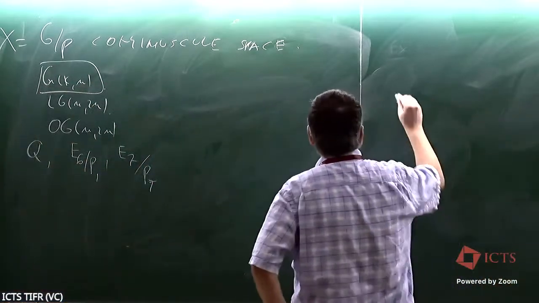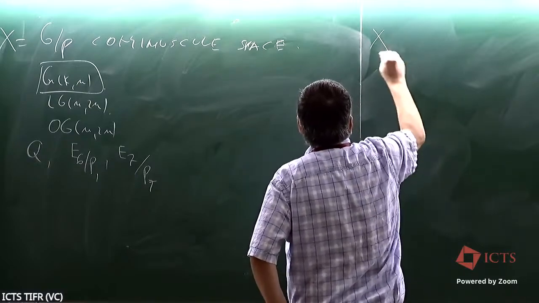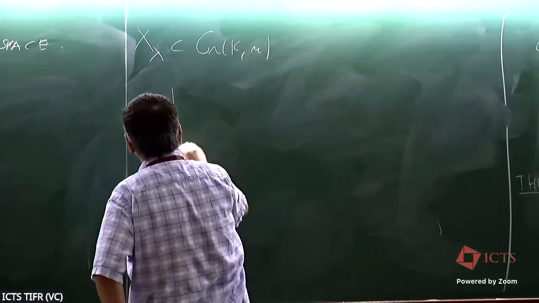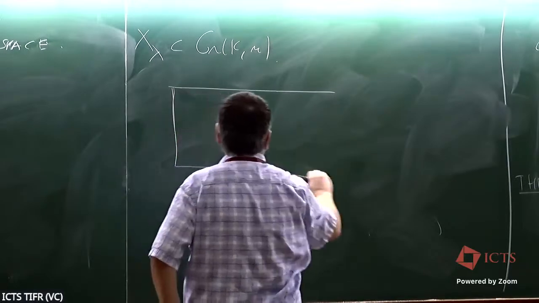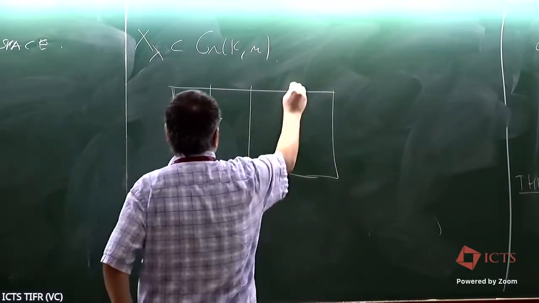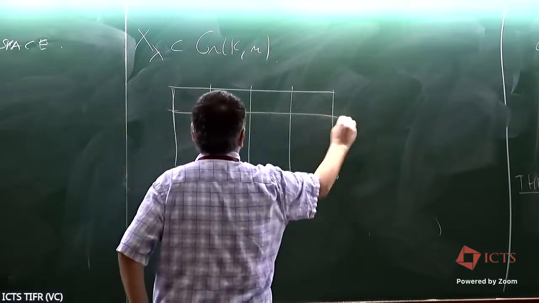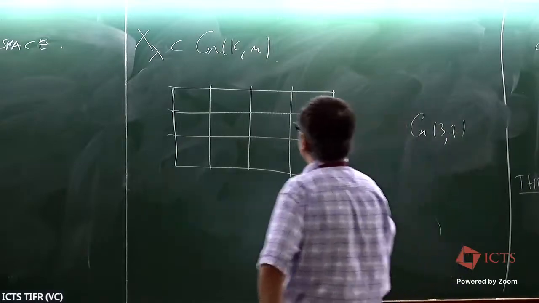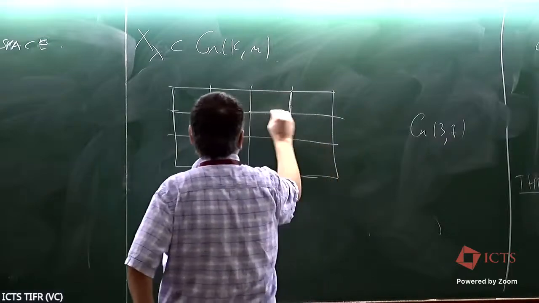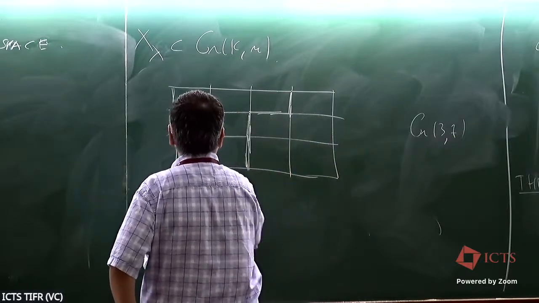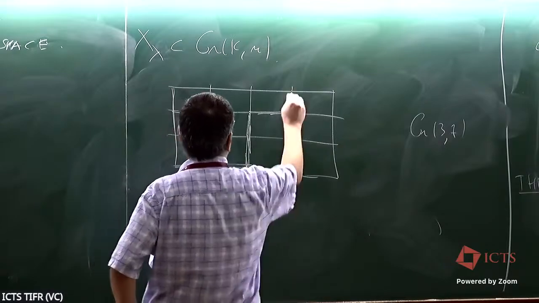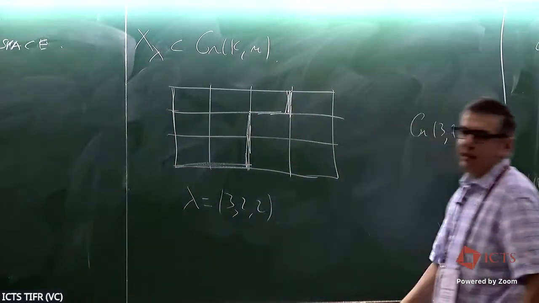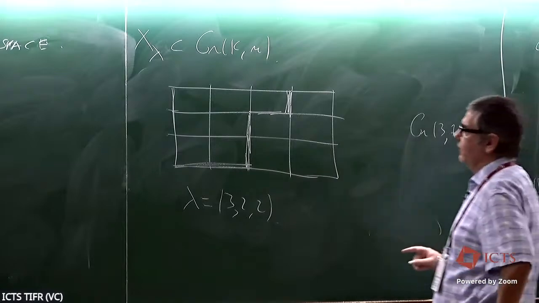So, okay, let's take a Schubert variety indexed by some partition in some Grassmannian. And for simplicity, I'm going to just draw one particular Grassmannian. This is going to be Gr(3,7). Let's pick a partition inside this Gr(3,7), inside this box. Maybe we have this partition. So the partition here is going to be 3, 2, 2. Okay.